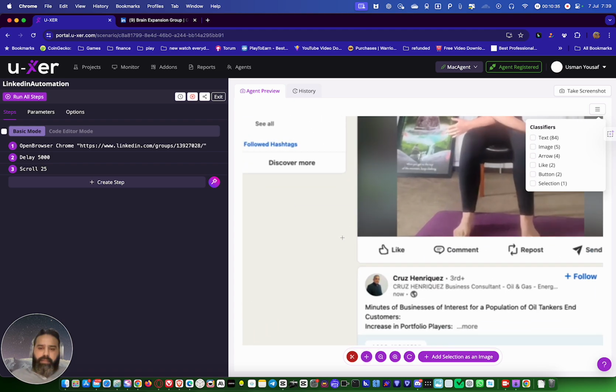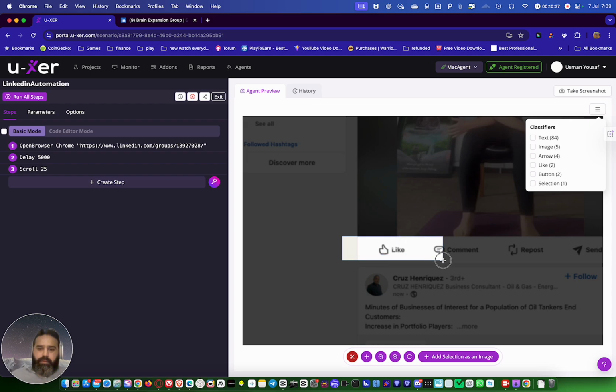So I will do it like this. See, I dragged comment as well, but you see the plus icon is on top of like. Now, why did I leave space here and here? Because I want to make the user understand that the like button is located at this side.